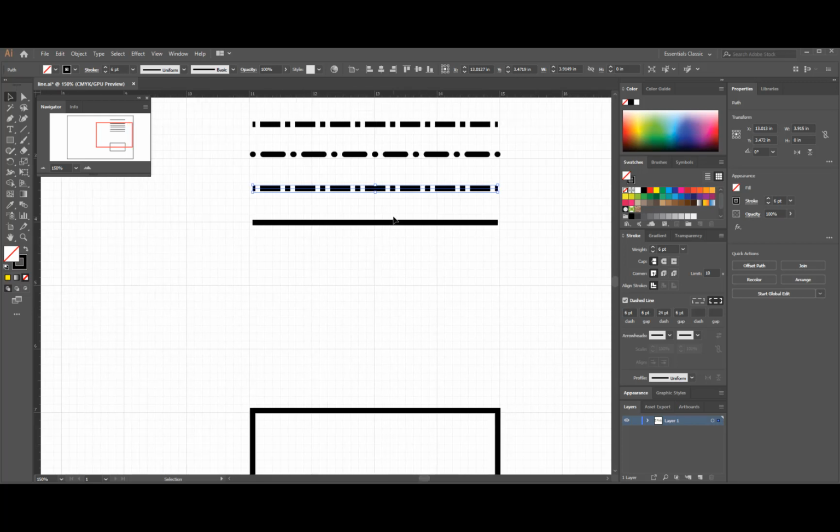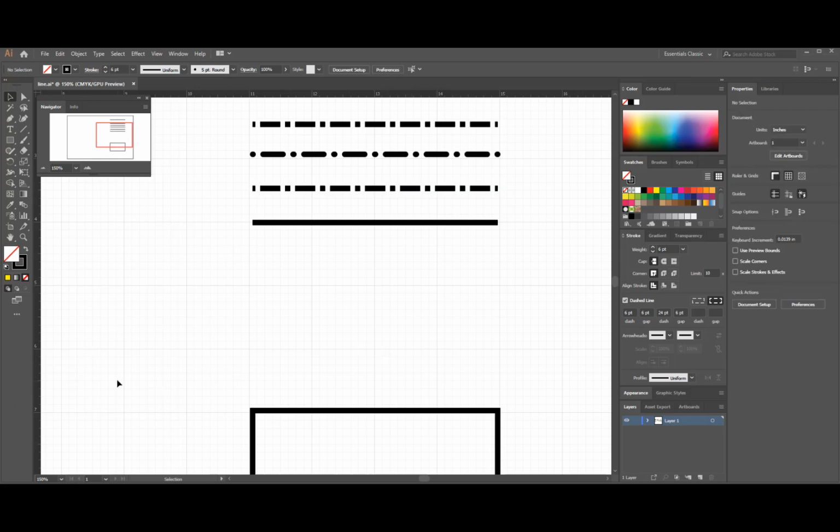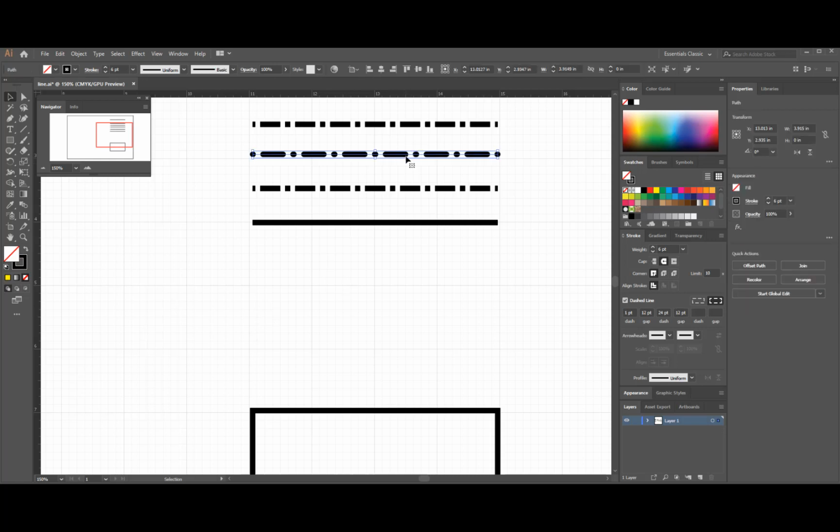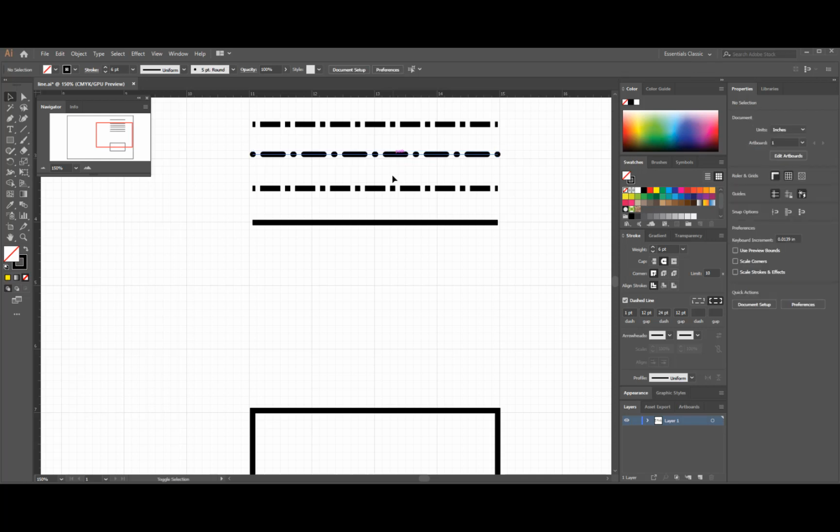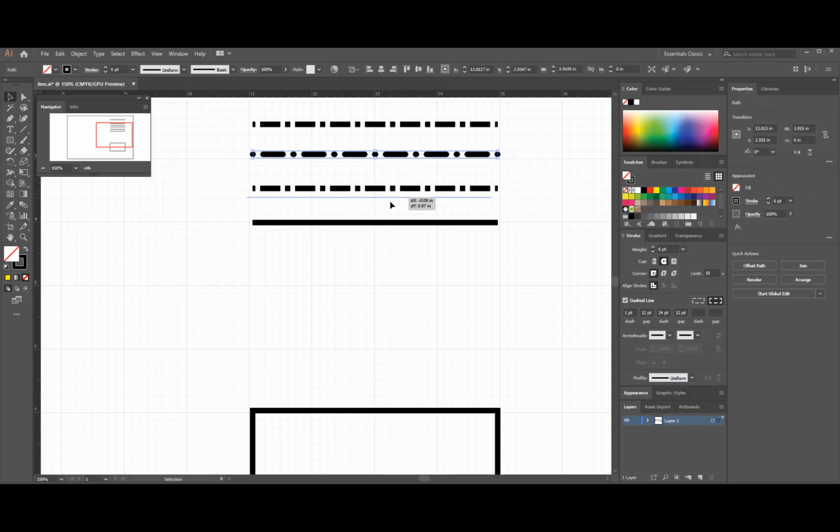Okay, so instead of making this, I'm going to manipulate one of the lines that I just made. So click and shift, alt to copy. There it is. And since the dashed line gap stuff is already set,